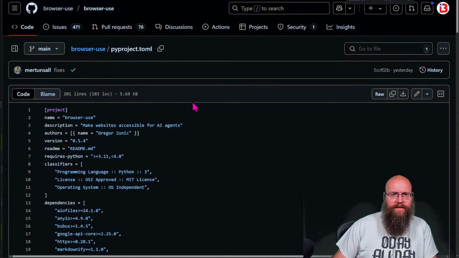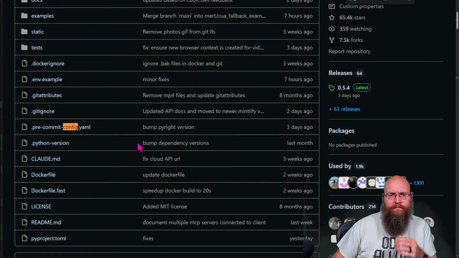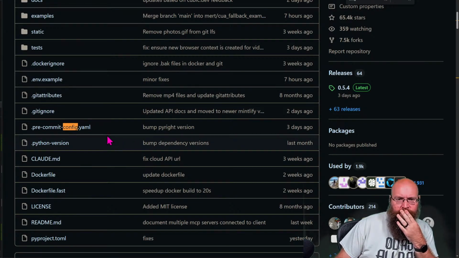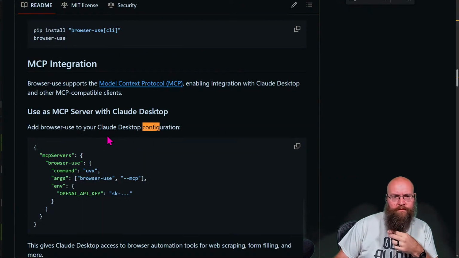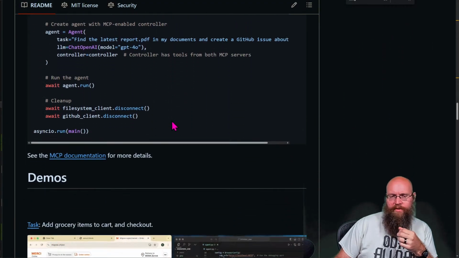I know there's a way to set a config file. This is for using MCP. I thought browser use also supported its own config file.